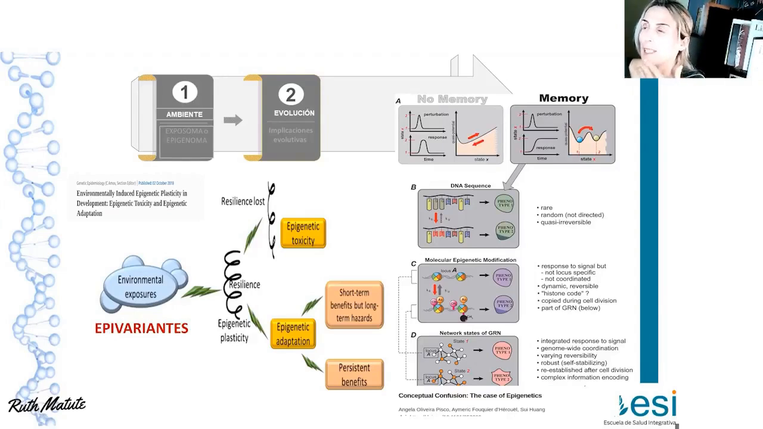They don't necessarily have to be adaptive, meaning they can be adaptive but also maladaptive. Some epivariants actually lead to a loss of resilience. Loss of resilience is what is known as epigenetic toxicity, while others can lead to an acquisition of resilience, which is referred to as adaptation or epigenetic plasticity. This can result in beneficial short-term effects, but also more persistent effects over time. Also remember that for a